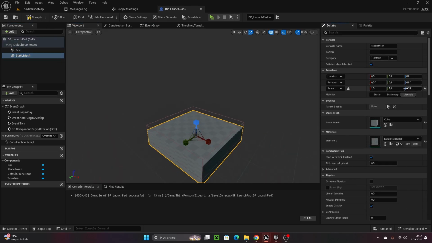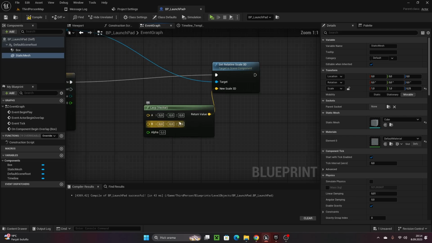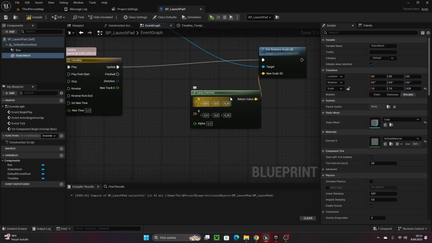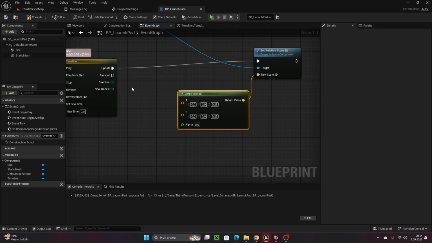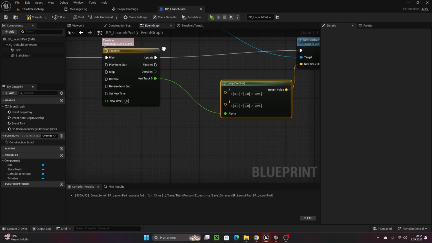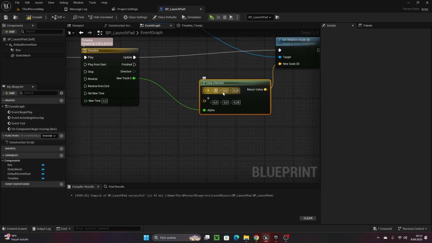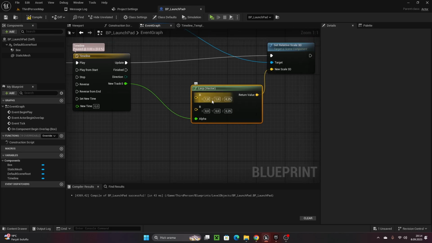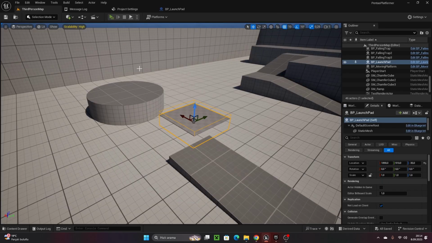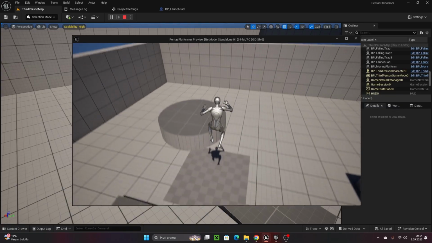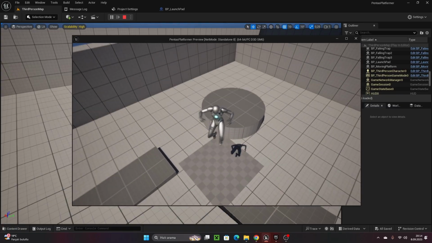So I don't want to change z value, so let's set z as 0.25, alpha is new track, and let's set x and y to 1 on A. On B, let's set it to 1.2. Let's look. As you can see, it's